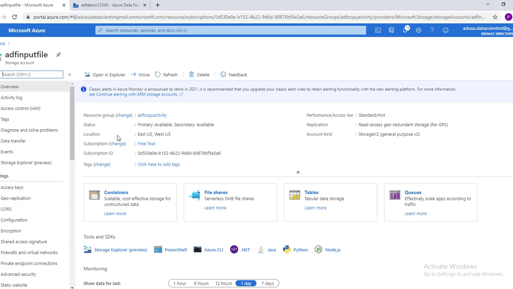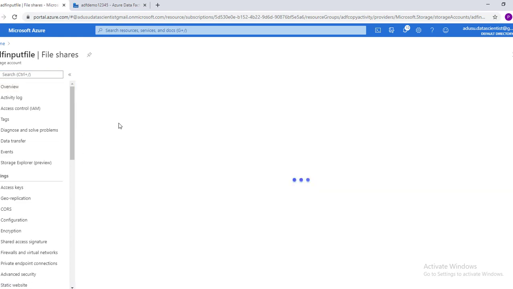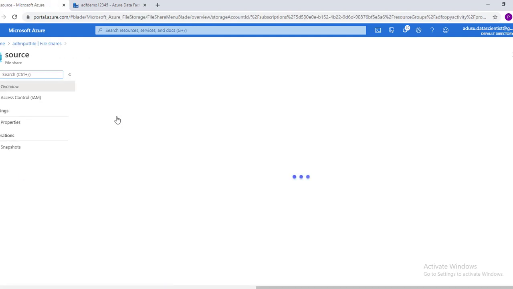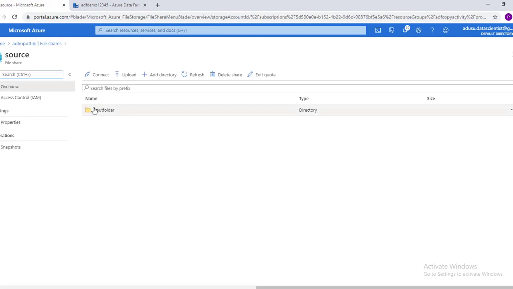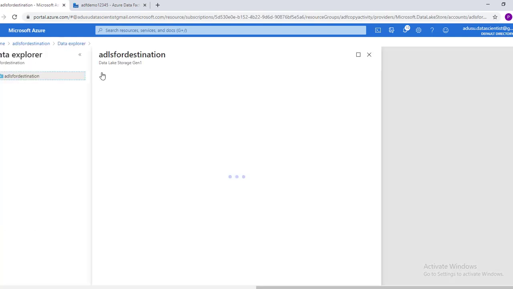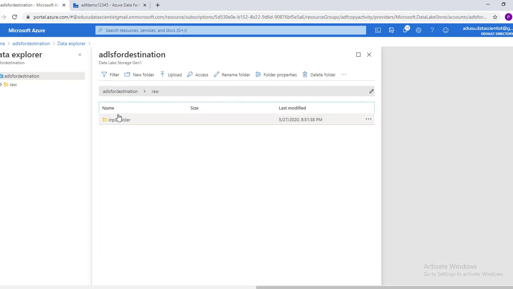File share. This was the input folder. So this folder got copied to data lake, complete folder. Inside something called raw, which we created while we were creating a data set in Data Factory. This one.